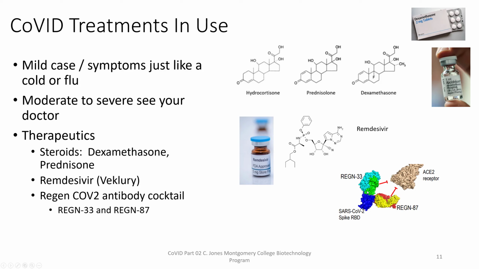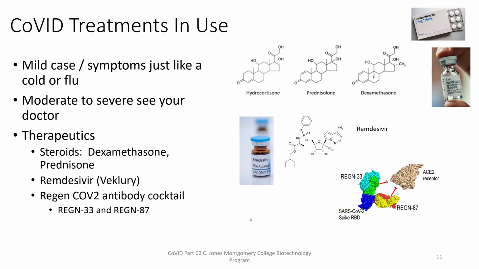So these are apparently very effective if they are given early on, before COVID has had a chance to infect your cell. Because once COVID is inside the cell, then it can replicate, make copies of itself. It gets released from the cell, and you're going to need a much, much higher dose of antibody to prevent those newly released COVID particles from infecting additional cells. So the sooner you get treated with this, the better.